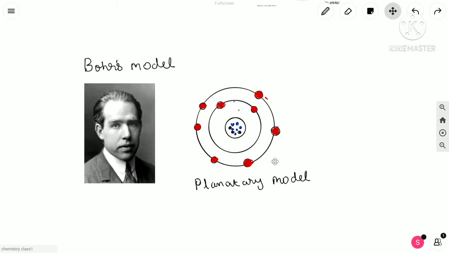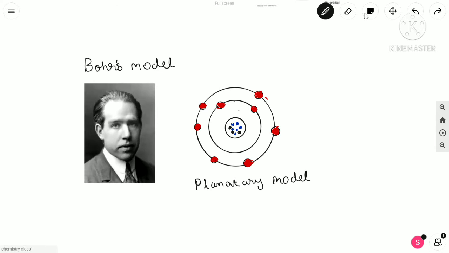So then we got the neutrons into the picture. And then Niels Bohr proposed this planetary model in which it's just like how the planets revolve around the sun. The electrons revolve around the nucleus, which contains the positive charges, the protons, and neutral charges, which are the neutrons. So this is Bohr's planetary model, and it was pretty much more accurate than the other models, but we still had problems with the multi-electronic system as we're seeing here. So Bohr's model only worked for monoelectronic species